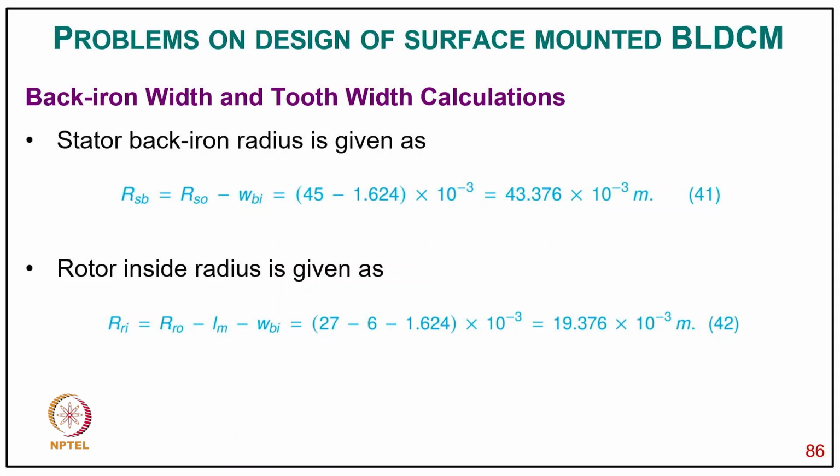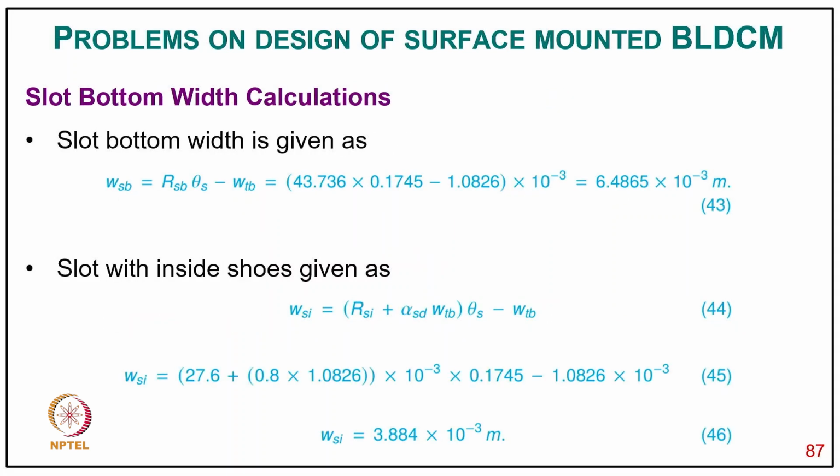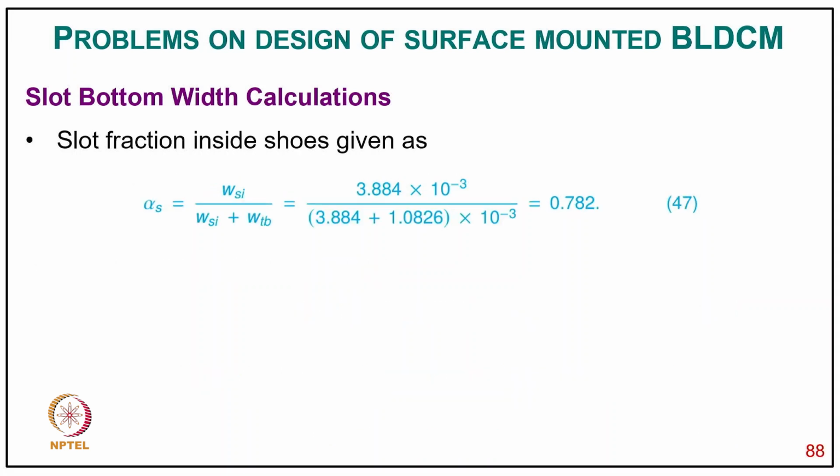and stator back iron radius is given RSB equal to RSO minus Wbi, putting value, it comes 43.376 × 10^-3 meter, and rotor inside radius is given as Ri equal to Ro minus Lm minus Wbi, putting value, it comes 19.376 × 10^-3 meter, and slot bottom width comes WSB equal to RSB θs minus WTB, comes putting a value 6.4865 × 10^-3 meter, and slot width inside is WSI equal to RSI plus αsd WTB in θs minus WTB, that comes equal to 3.884 × 10^-3 meter,